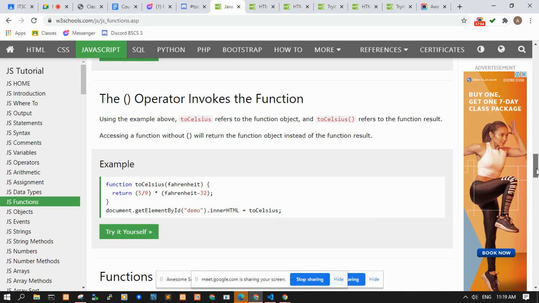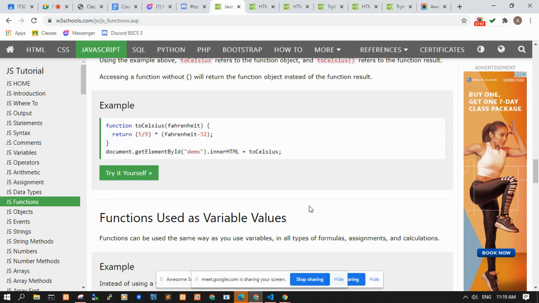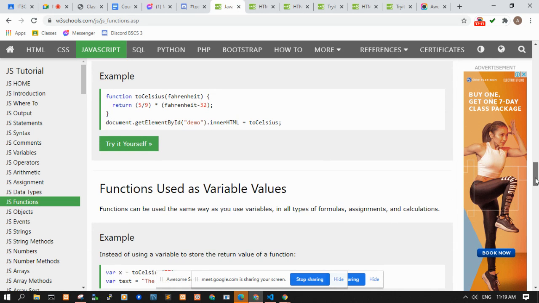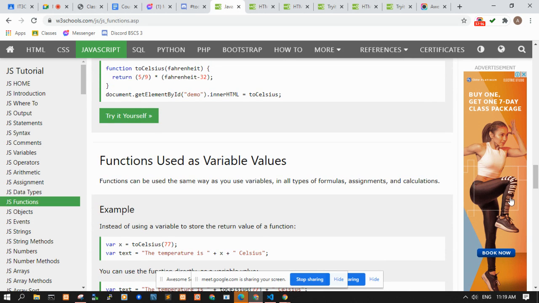You can either have a callback function or you can have promises. Any questions so far?